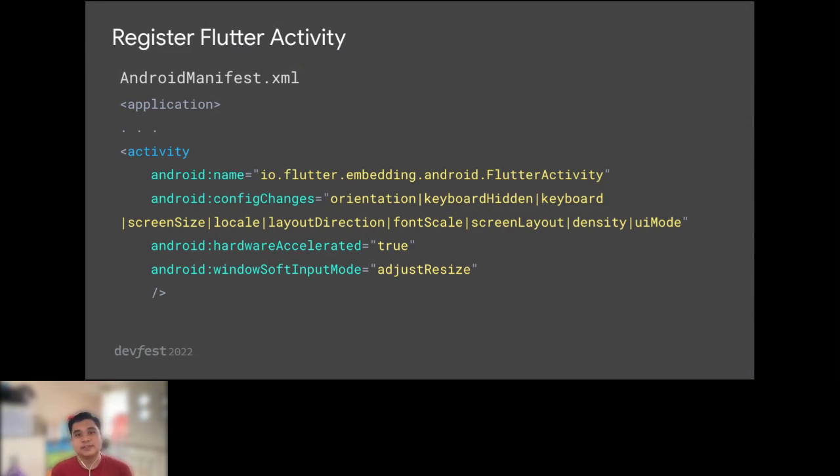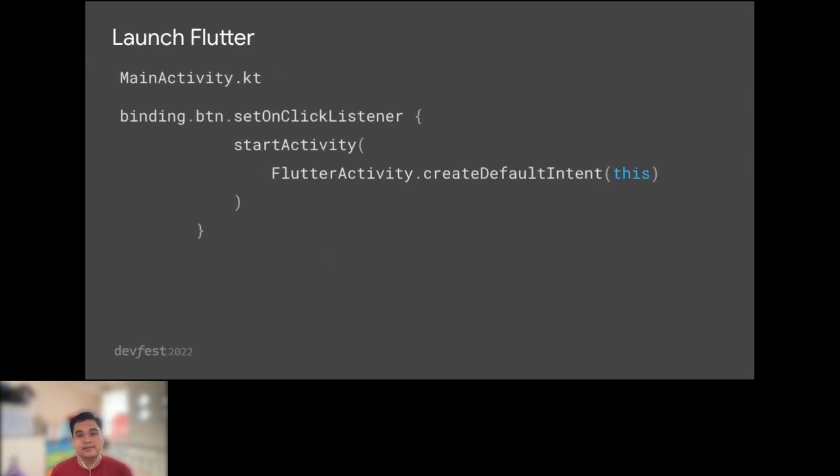And once we've added this into our Android manifest, we could then launch our Flutter code via the Flutter activity. If you're coming from an Android background, you will see that this is basically how we start a new activity by creating a new intent. And if you see here, there is a utility function under the Flutter activity file which is going to create the default intent. And this default intent will, by default, trigger your Flutter code in the main.dart